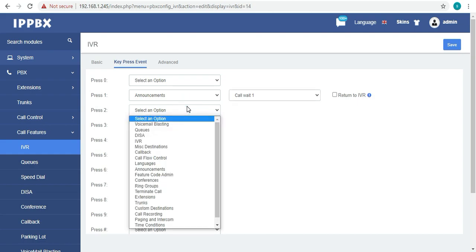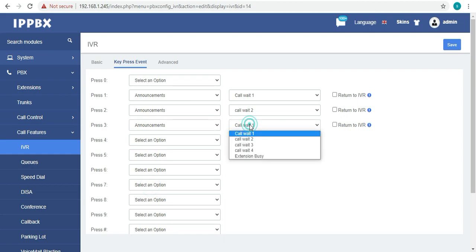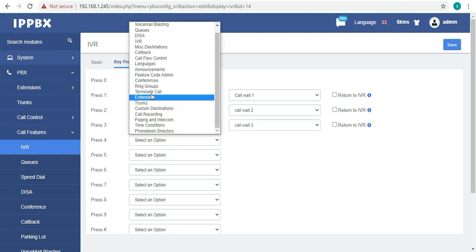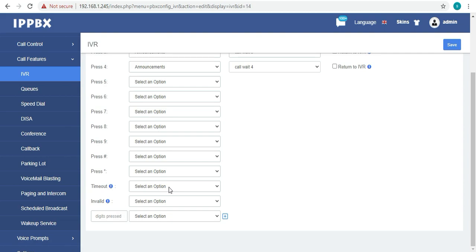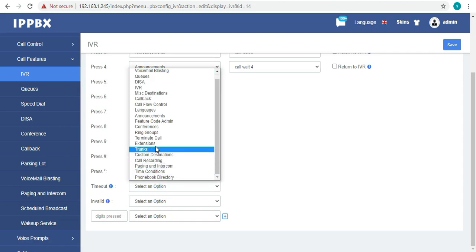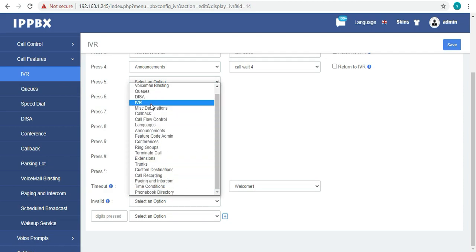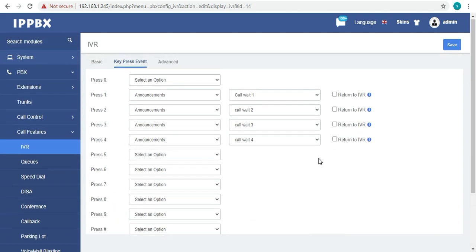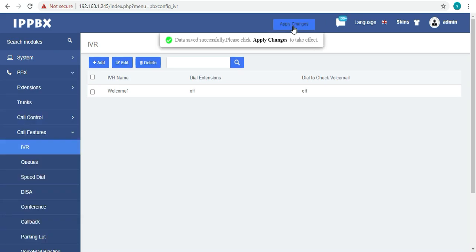In this, if someone presses 1, it will route the call to the call wait 1 announcement profile, and so on. Click on save and click on apply changes.